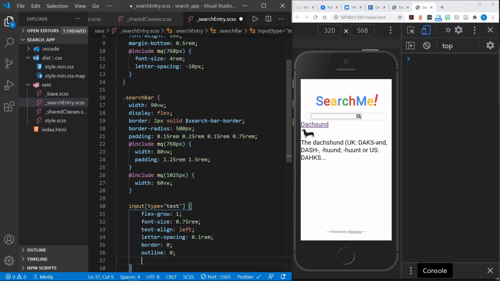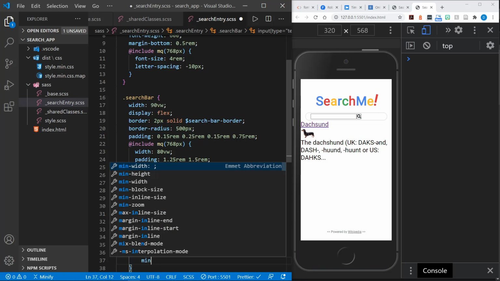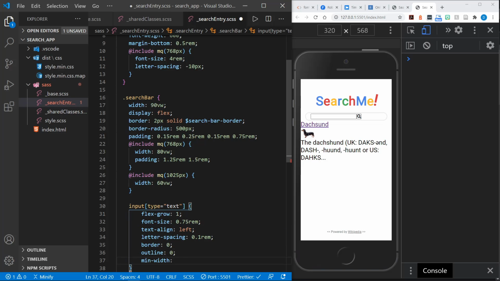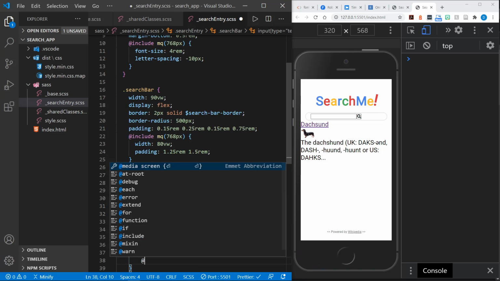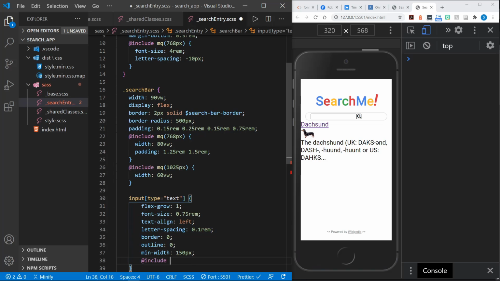but that means we need to identify that in some other way if we're accessing the app through a keyboard. If it has the focus, we need to somehow indicate that this input does have the focus, and you need to especially be aware of that if you remove the outline. Min width 150 pixels,